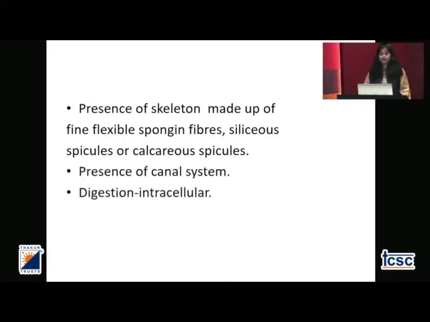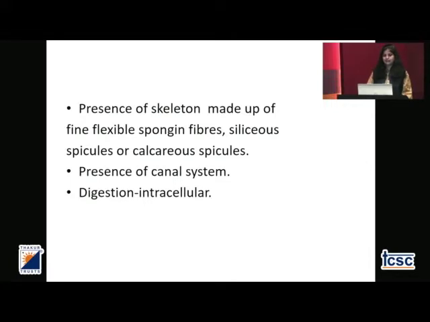One more important feature of sponges is the presence of a canal system. All of us know they are attached to the substratum. So to carry out different vital functions of the body, they have this canal system. The canal system is useful in nutrition, in respiration, in removal of waste as well as in reproduction. How is it useful? Water comes in through the minute pores, that is, ostia, and along with the water